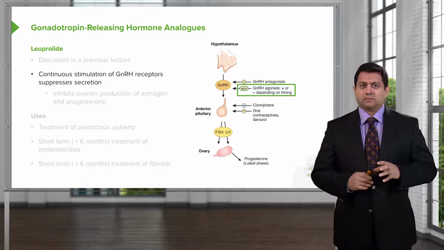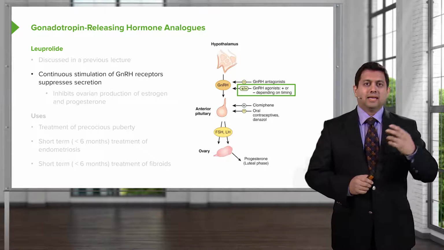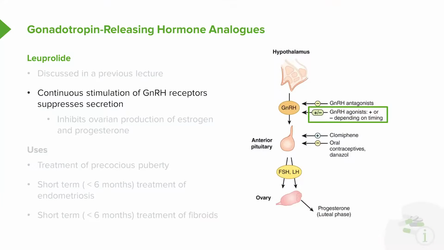That's a difficult concept to understand, but if you think back to our original pharmacology lectures, it has to do with downregulation and upregulation of receptors. So continuous stimulation of GnRH receptors is going to cause a suppressed secretion. So just remember that. Now, this ends up inhibiting ovarian production of estrogen and progesterone, and that's how it gives